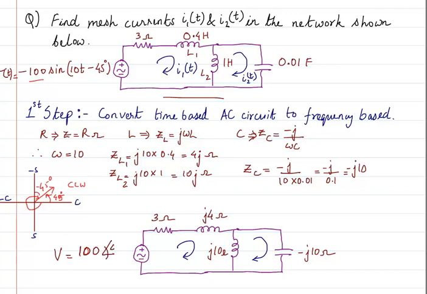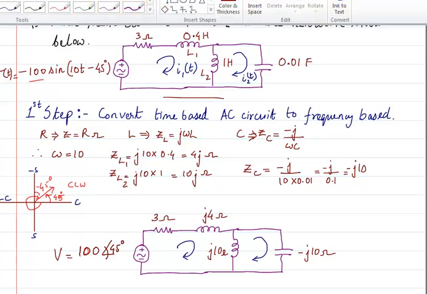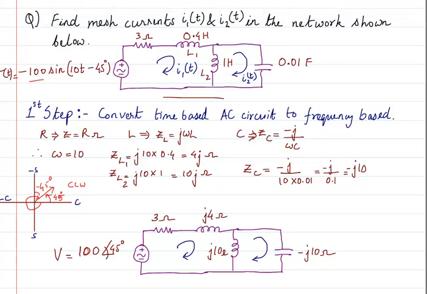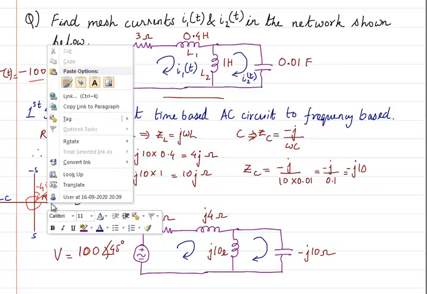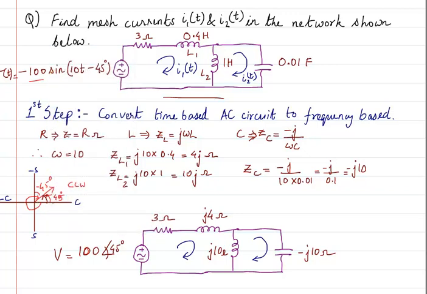So it is 100 angle 45 degrees. Why this 45? Because we always have to look at the phasor with respect to cos, and that is what we write here. We always draw the phasor according to what is written in the equation, and after we have drawn that phasor, we see from the cos axis whether it is going positive or negative. Here it is going counterclockwise, so it is positive. If it had been in the clockwise direction, I would have taken that angle as negative.